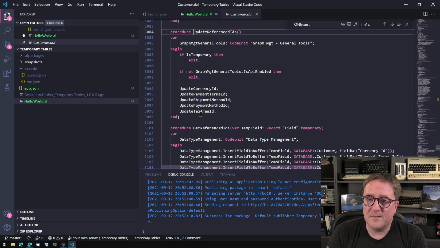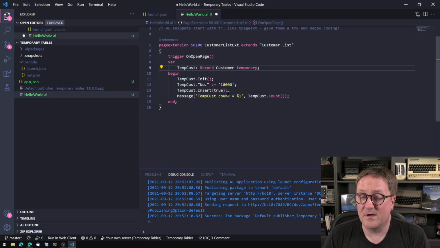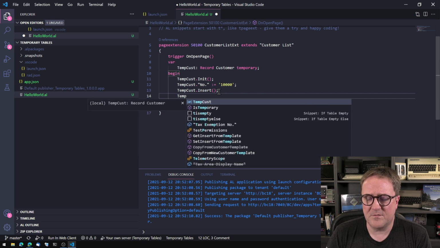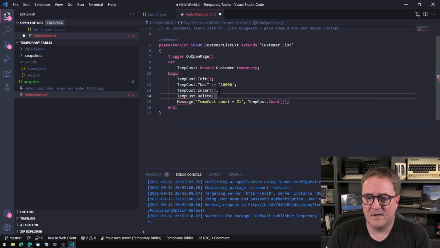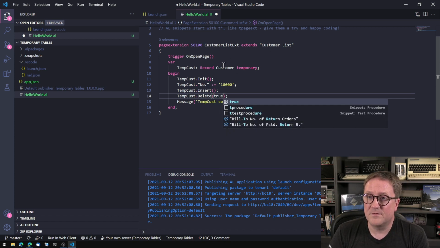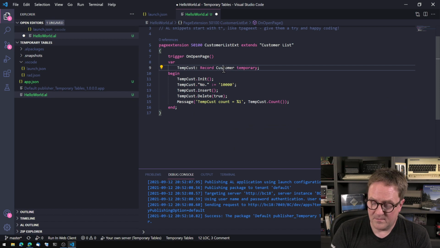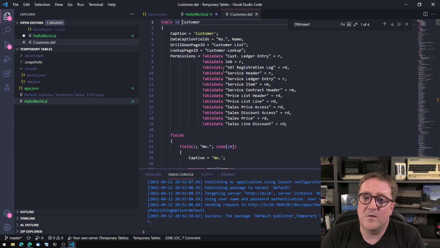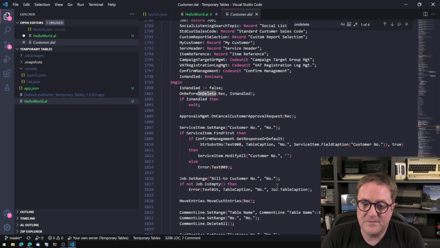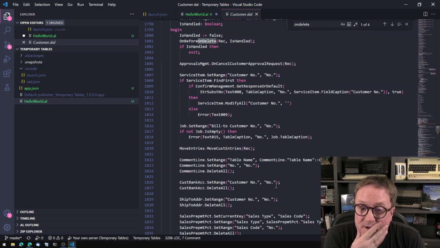But if the stuff that's happening is actually doing database operations, so let's say that this one would probably survive, but let's keep it this way. So if we now do temp cost delete, so we're deleting this guy again. So we're just inserting in one and then we're deleting it. If we do temp cost delete true, so we're now gonna actually delete the temporary record but call the onDelete trigger. Then the stuff here takes action, and